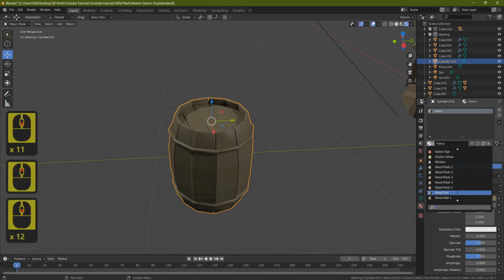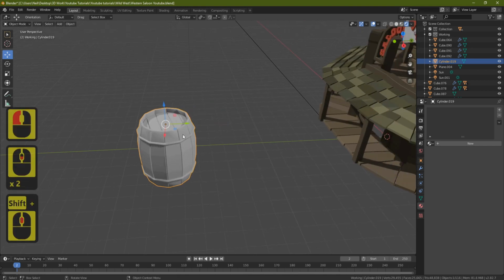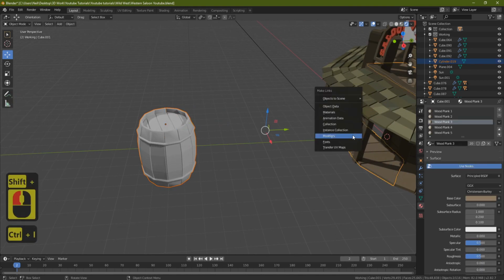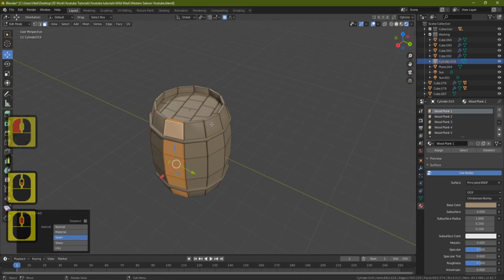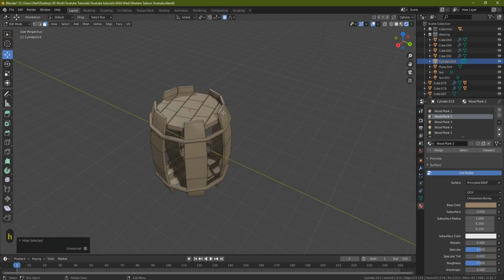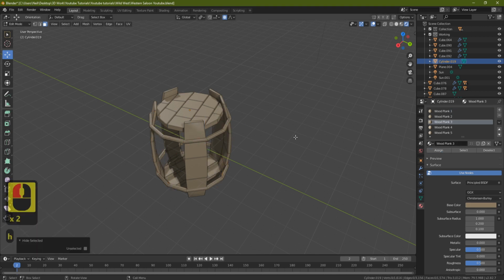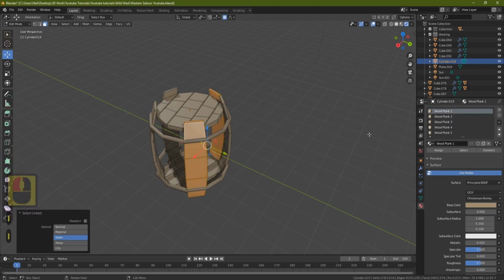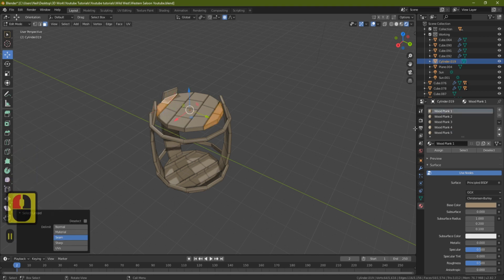So we'll come down and window post. And I think there will have to be different colors, so we might need to use the planks. So what we'll do is we'll minus that off and we'll shift click this, Control L, materials. And now let's just change them different colors. So we'll grab this one, and this one, and wood plank 2, hide, this one, and this one, wood plank 3, hide, and then this one, and this one, wood plank 4, hide, and then this one, and this one, not this one actually, not both ends, that one, there we go,